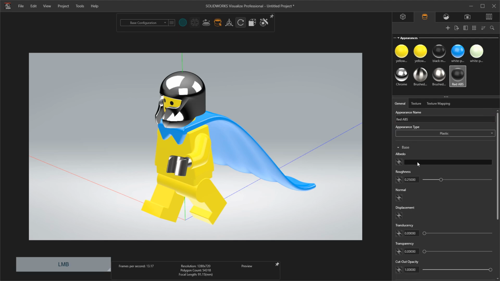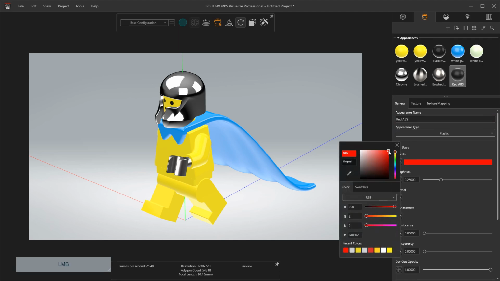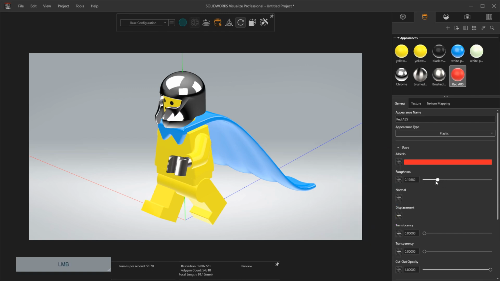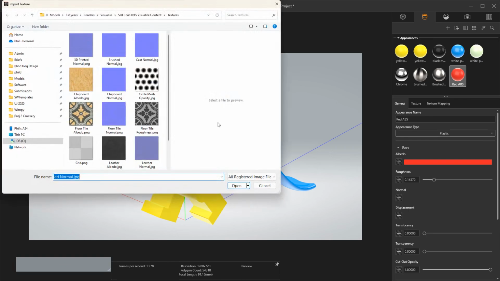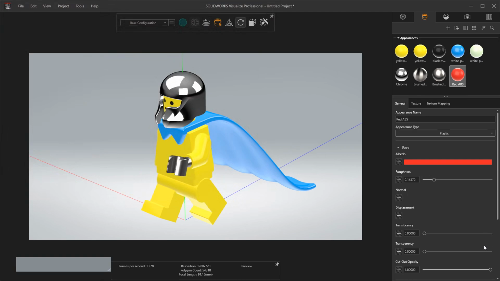And then albedo is the color. So that's what albedo means. Go red. Say yes. Roughness, I'm going to make it quite bright. Normal, if I wanted to find a bump map that would work, the ones that we have available are not great. I'm going to leave it as it is, and then watch if I just drag this across and apply it